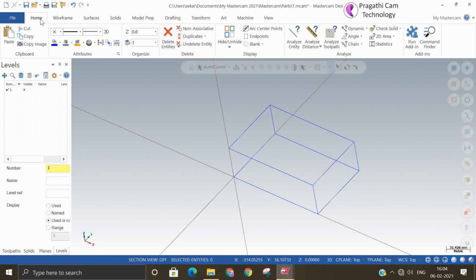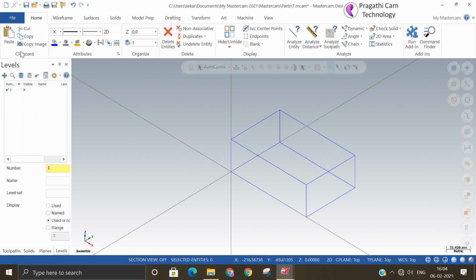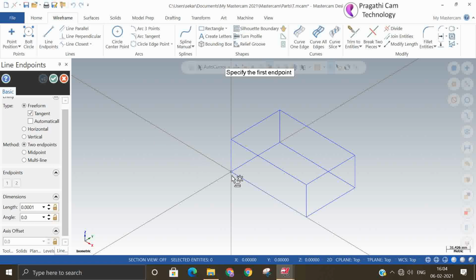Now I want to draw one line to show the difference between 2D and 3D. Now I kept 2D. I'll draw one line from this corner to the other corner. Now I try to make the hold in 3D also, but it still makes a 2D drawing, because in this option we have taken 2D.